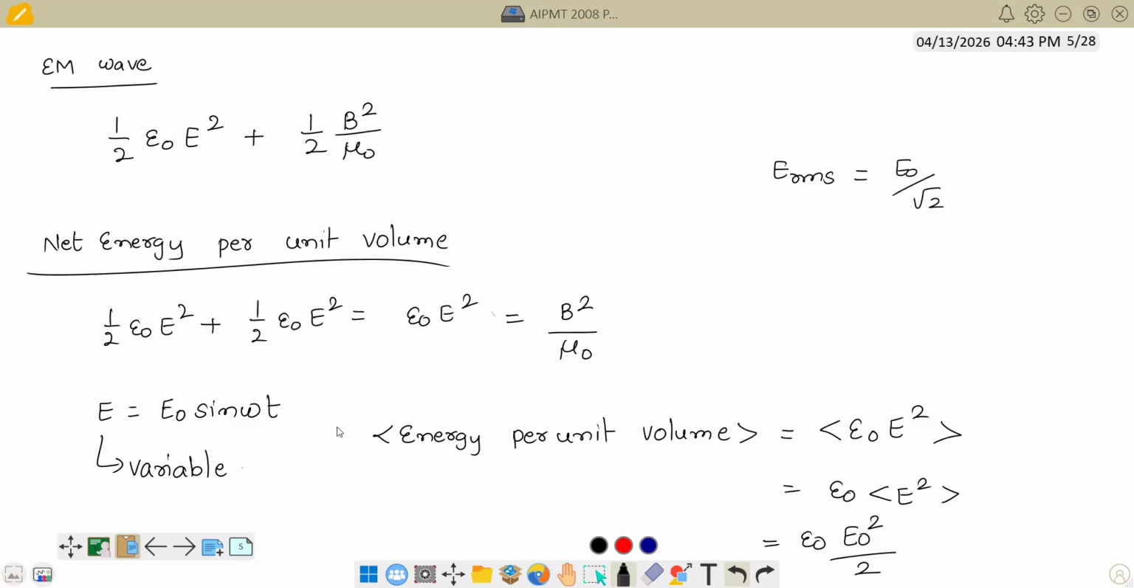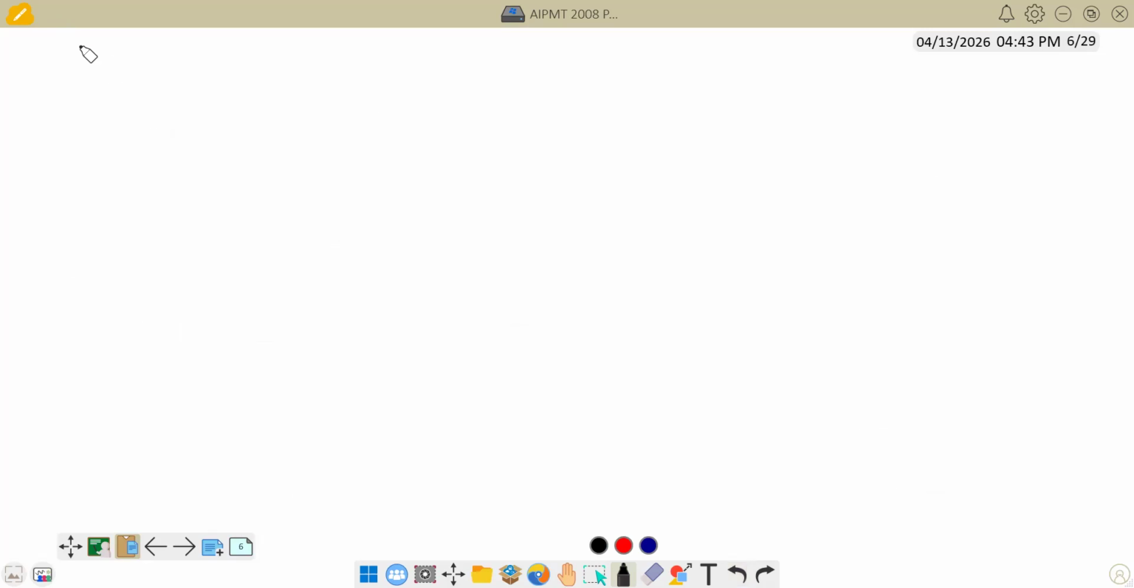You will get E naught by root 2. So be very careful when you write the energy per unit volume or average energy per unit volume. And if you substitute everything carefully, we'll get the answer. So I'll again repeat this concept, because this is the only further extension where students get confused. So if you want energy per unit volume of an electromagnetic wave, we get